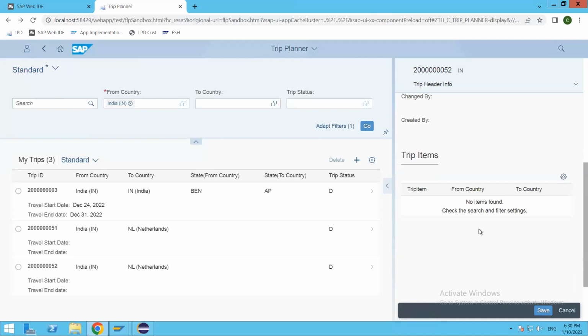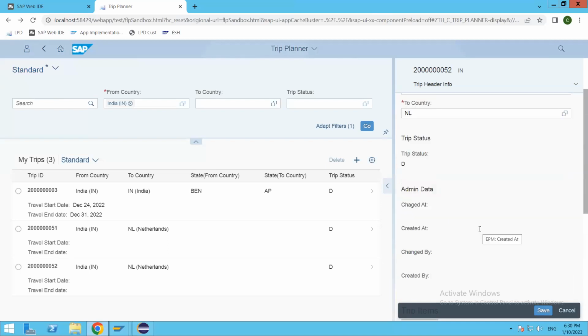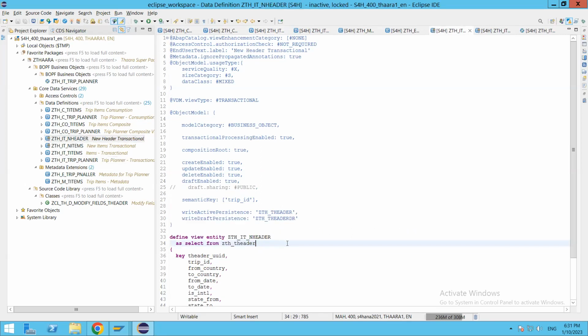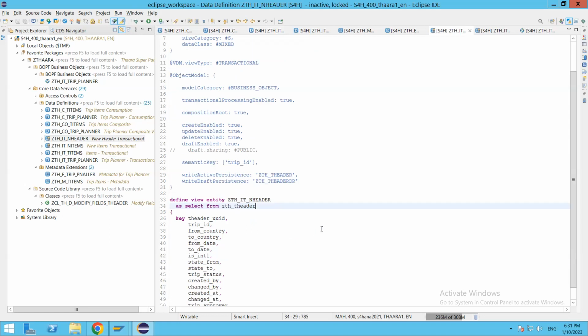So some extra activities need to be performed when we go with non-UUID fields as key fields and relationships. So in this case, let me go ahead and